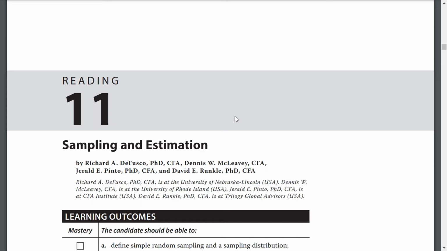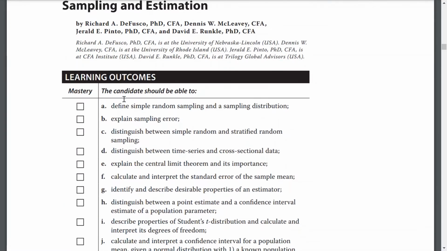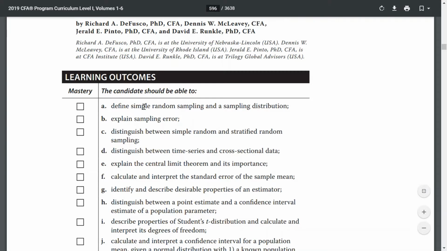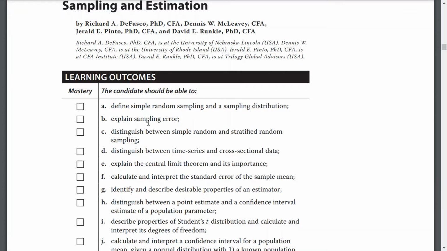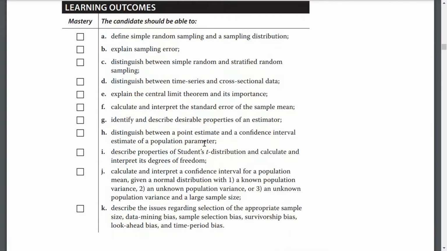Okay, CFA Level 1 Program Curriculum Reading 11, about sampling and estimation. Learning outcomes, mastery of these. So candidates should be able to define simple random samples and sampling distributions, explain sampling error, distinguish between simple random and stratified random sampling, distinguish between time series and cross-sectional data, explain the central limit theorem and its importance, calculate and interpret the standard error of the sample mean, identify and describe desirable properties of an estimator, distinguish between